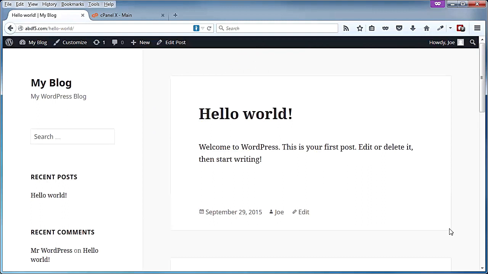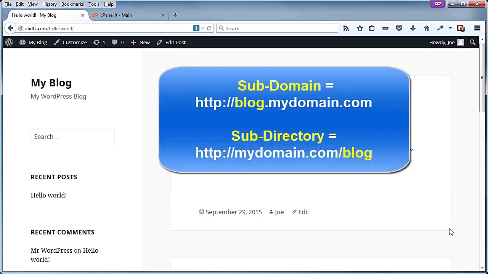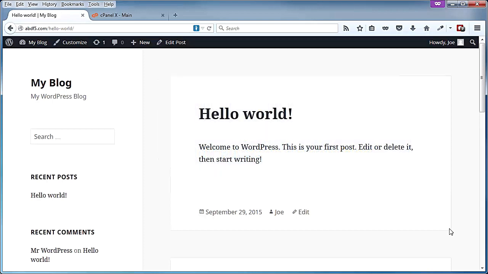Secondly, the moving of the wp-config.php file will not work at all. As a matter of fact, it will break your site if your WordPress site is installed on a subdomain or if it's a multi-site setup. So that's another reason why I want to show you another way of securing your config file